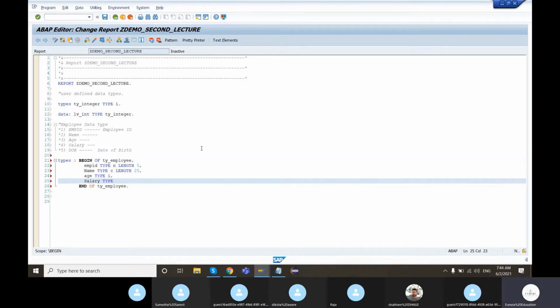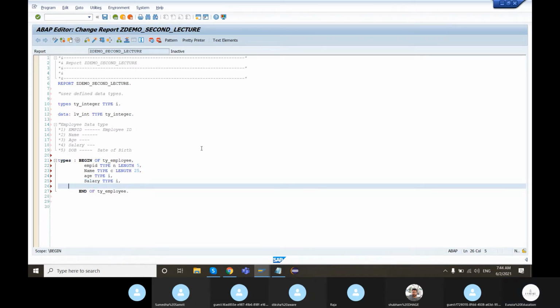The salary can for now be considered as an integer only. Date of birth, DOB. We know date of birth is going to be a date, so it will be of type D. D stands for date, I is for integer, C is for character, N is for numeric character.